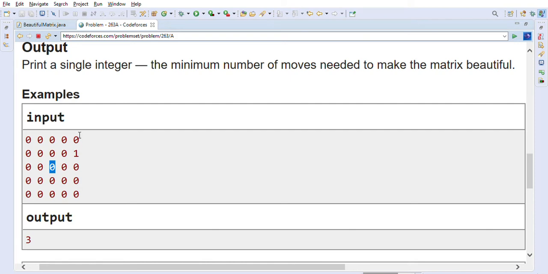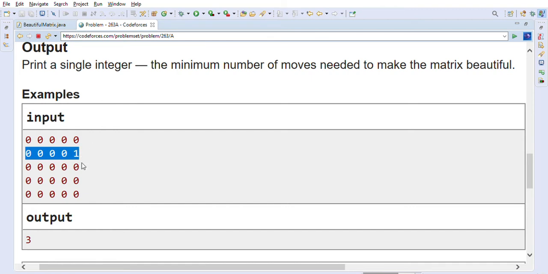For example, one transformation is if you take this row and replace it, this row will go above and this row will come at the bottom, right? So the one will come here, and after that we will move these two columns. This column we will move here and this column we will move here, so that the one will go to this location, right? In that case we have made three transformations, because we have moved this row